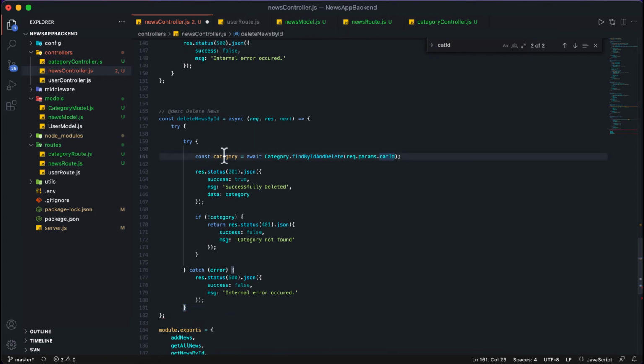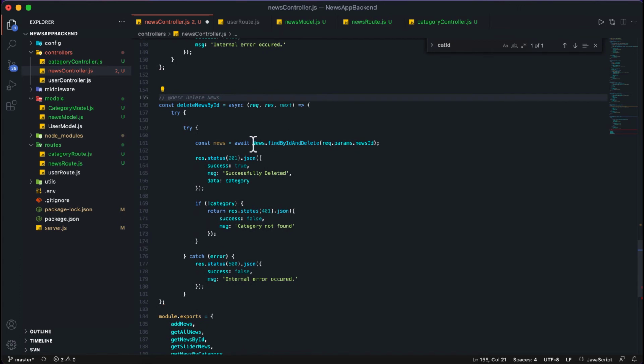Okay, so I will just change category to news, then this will be news id, and this will also be news. So here we are calling this function find by id and delete, then we are passing the news id.